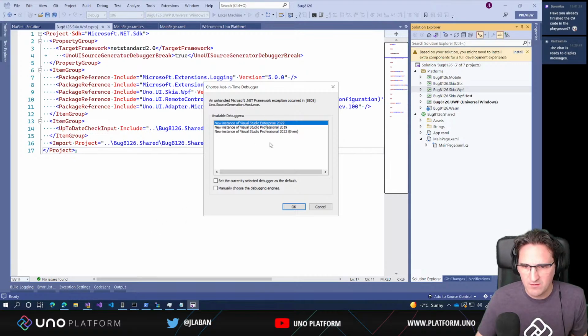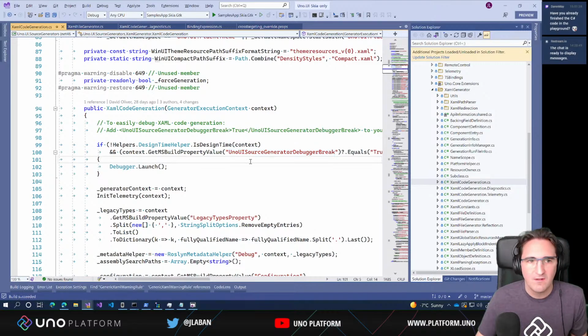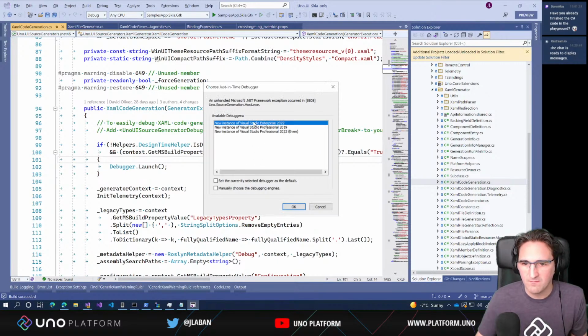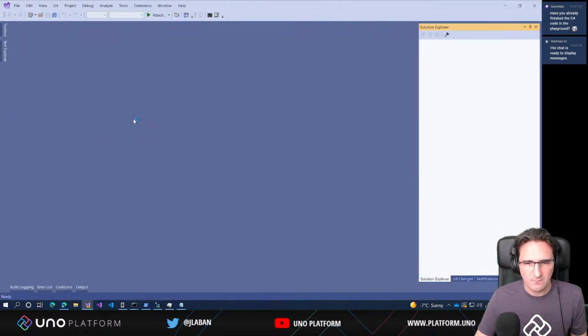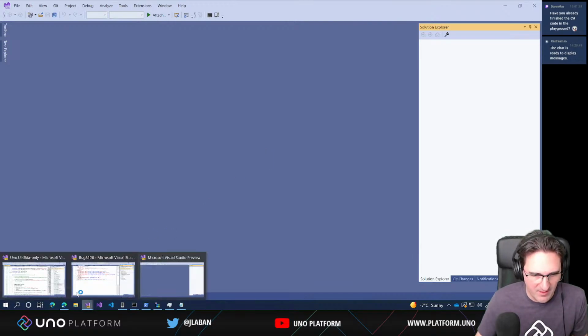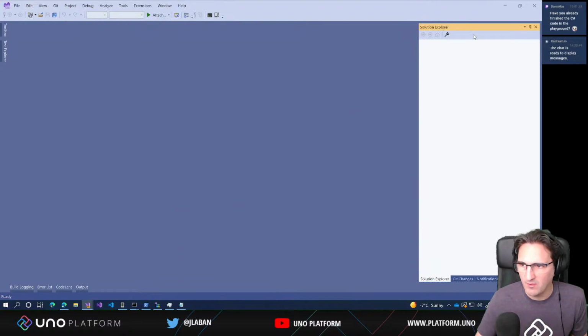The interesting thing is that it's not allowing me to select that Visual Studio for some reason. So we're going to create a new one. So let's go for 2022, this one. We have to try again because it should have been allowing me to select this instance of Visual Studio, so it's probably something else. But anyways, once the debugger is opened,